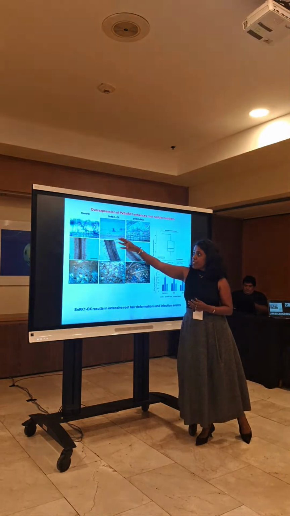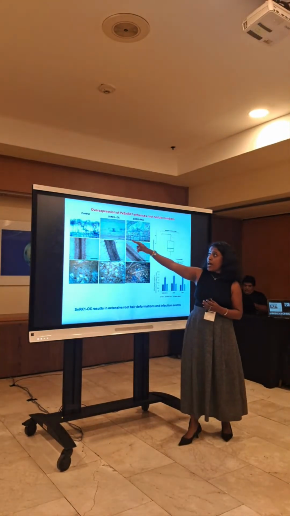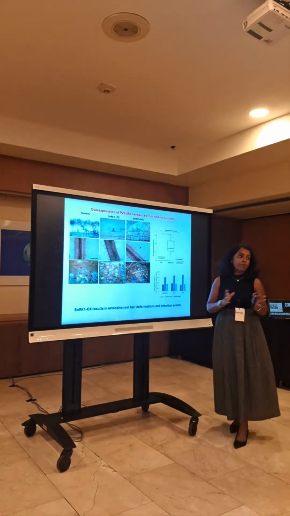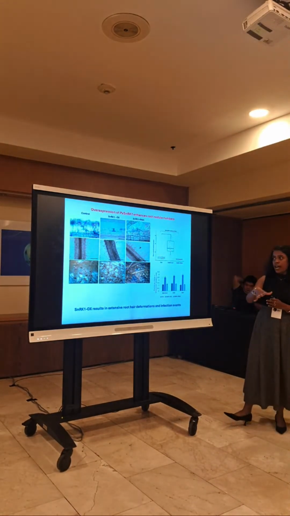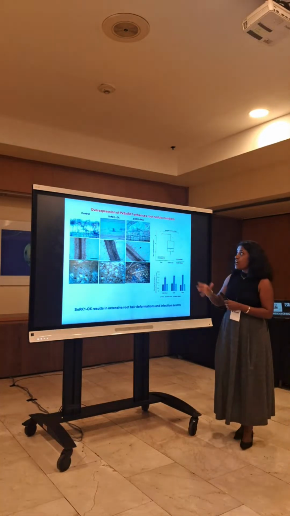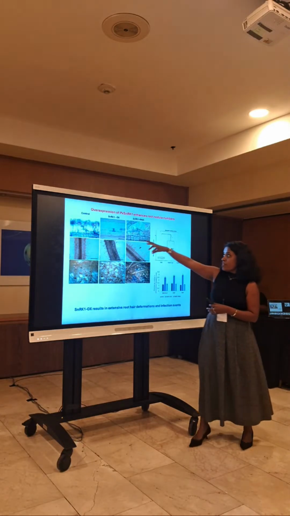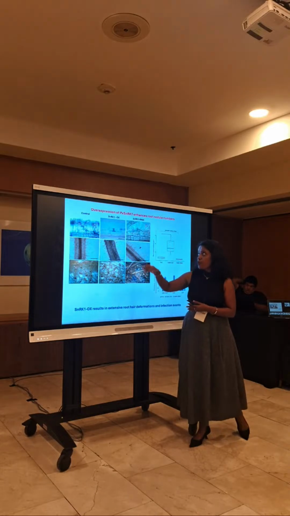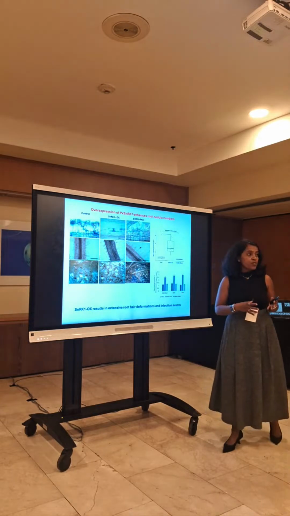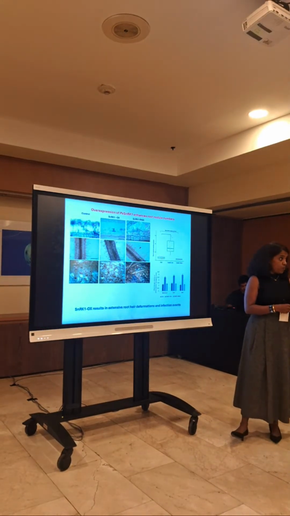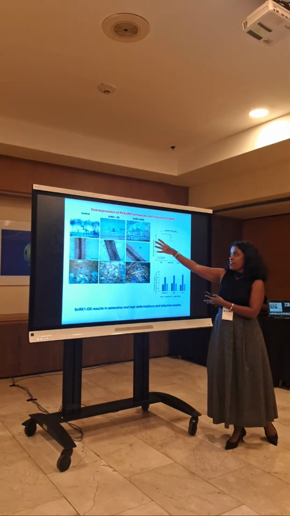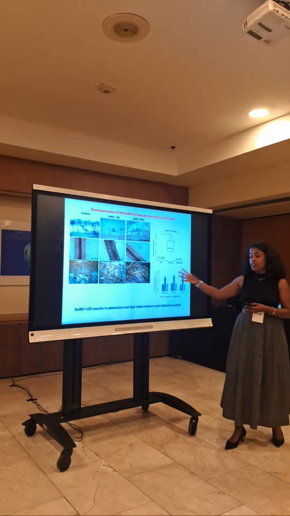So if we look into the infection thread phenotype in both RNAi and in control, we can see that this is a so-called normal infection thread progression. Why? Because it's just like a thread that is growing down, and later on it will enter into the cortical cells, which are going to differentiate. So that's a smooth progression, okay? But here, I don't say that this is not a smooth progression, this is also a smooth progression, but what we could see here is the infection threads were very, very thick. So there was something happening here,